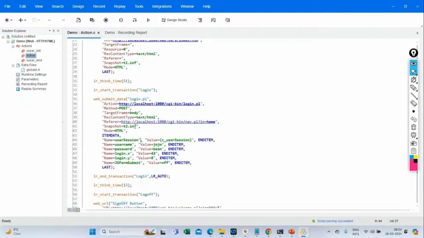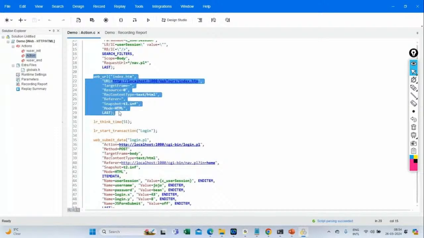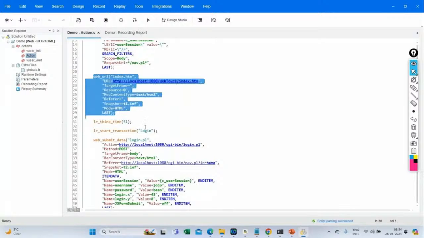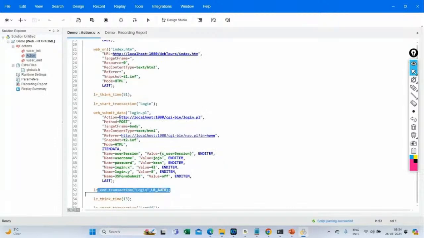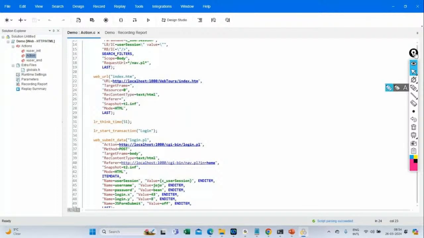If you scroll up a little bit, can anyone tell what this request is? I guess it's a launch request. It is launching the URL. But if you see this request, there is no LR start transaction or LR end transaction for launch. Why? The reason is, even before the movable window appeared, the application had been launched in the